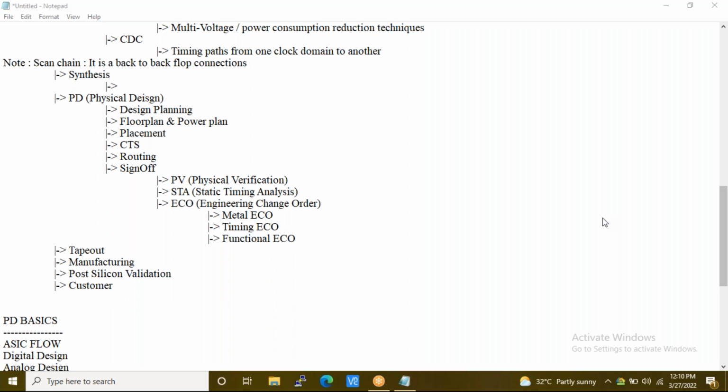My suggestion is, if anyone has less than 60% in any part of your academics, you join for front end. You try for 1.5 months also, no problem. After that, if you feel that you're not able to cope with programming and you're finding it very difficult, then I will give you the option to choose the backend domain, and there is no additional cost for that. Okay, thank you very much.